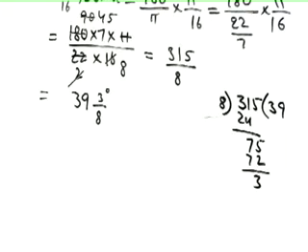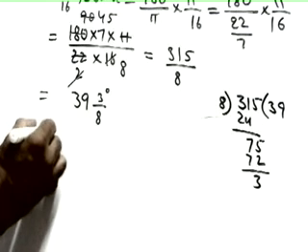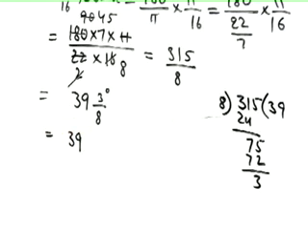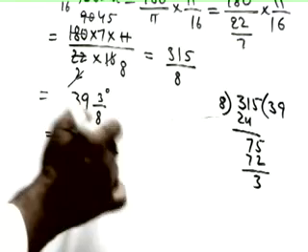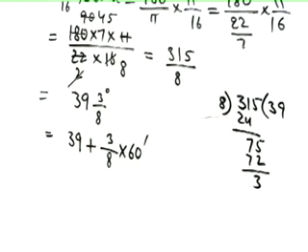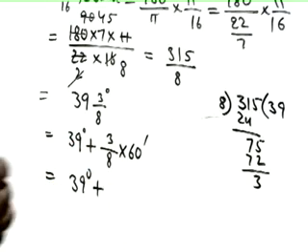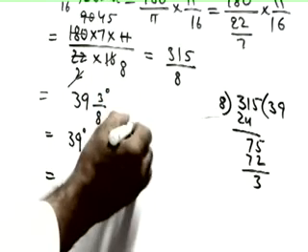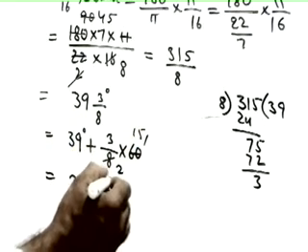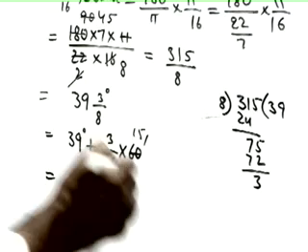But now we have to change this fraction into degree, minutes, seconds. How? Watch carefully. 39 plus 3 by 8. This is degree. If we multiply with 60, it will become minutes. Equals 39 degrees plus, now if we cancel this one, 4 2s are 8 and this will become 15. Again multiply, 3 15s are 45 by 2.